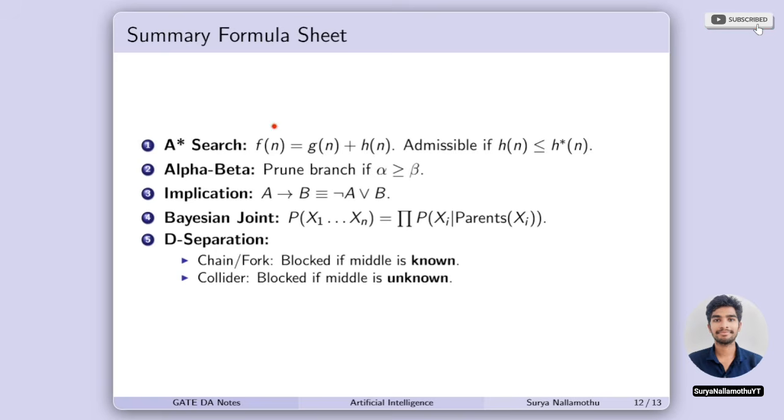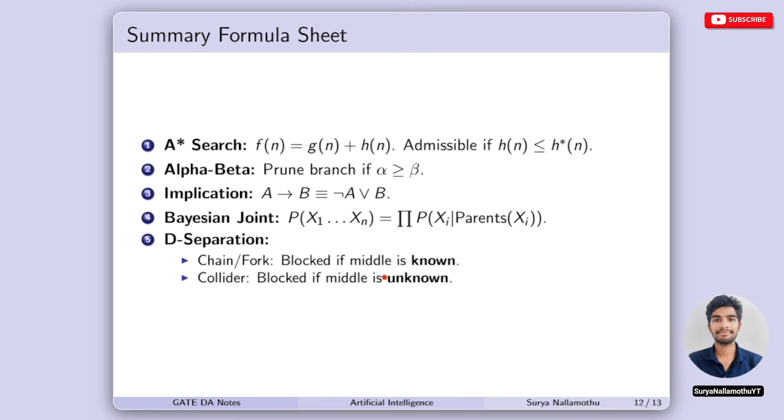Next, the summary formula sheet. A star: the formula is f of n is equal to g of n plus h of n. Alpha-beta: alpha greater than or equal to beta for the pruning approach. Implication: A implies B is nothing but negation of A or B. This is an important formula. The Bayesian joint formula becomes the product of P of xi given parents of xi, for x1 through xn. The d-separation is